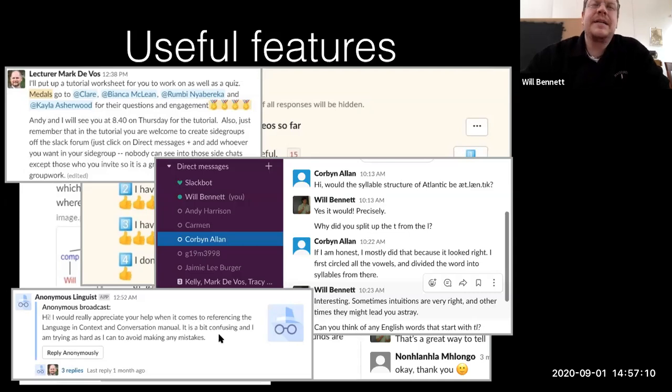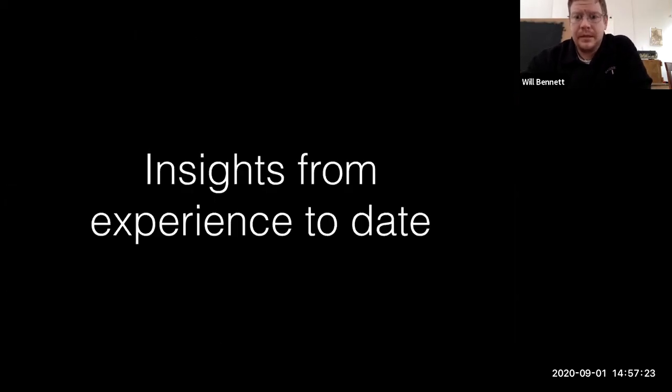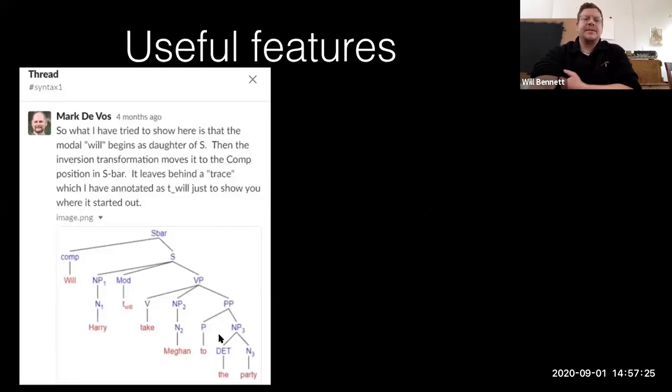So it's nice that even if a student is feeling a little bit bashful, they are still able to engage and to see the results and to engage in this back and forth. So that's sort of what Slack is.